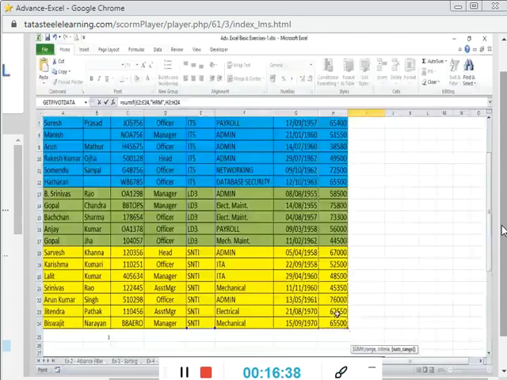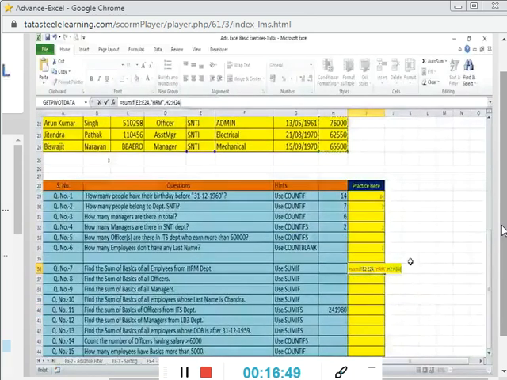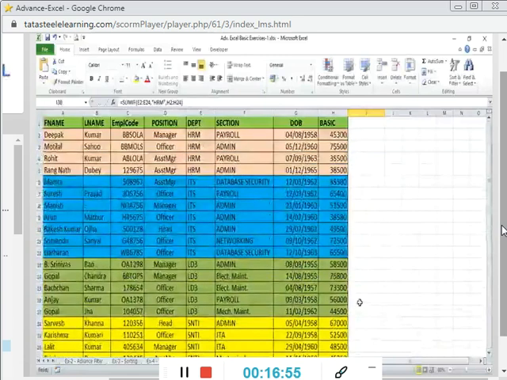This is the sum range. So all the 3 things have been selected. Close the bracket and hit enter key to get the result. Here is your result. So if you take the sum of the HRM department, these are the basics.